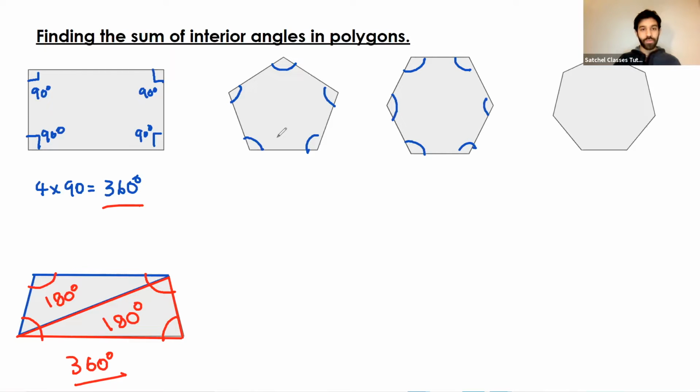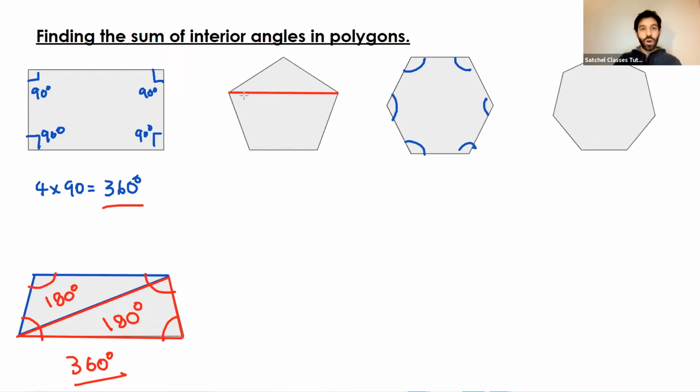Now we get to this shape over here then. So we have a pentagon, a 5-sided shape. How would we go about doing this problem then? Well, what we need to recognize is that we can split this shape up into, again, I'm just going to rub these out. Here we go. There we go. Right, so I can split the shape up into a triangle, and I also created a quadrilateral,